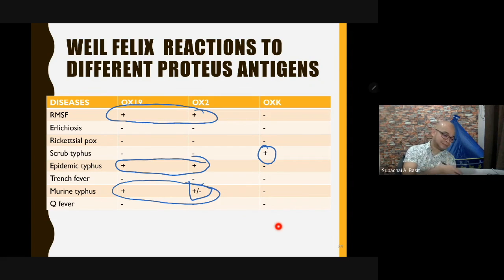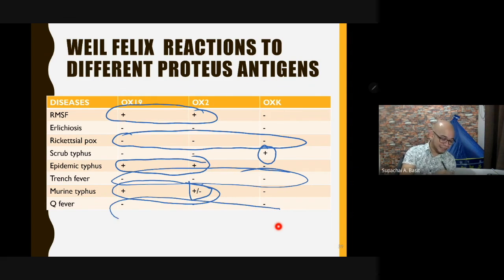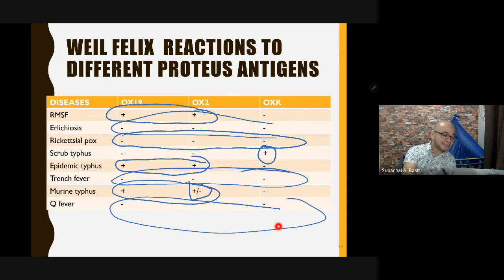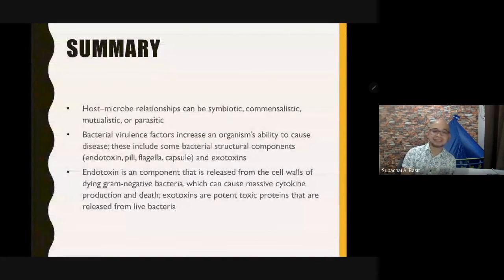And it's not sensitive because it cannot detect rickettsialpox. It cannot detect trench fever. It cannot detect Q fever. It cannot detect ehrlichiosis. So that's the reason why it is not specific and it's not sensitive. That's the reason why nowadays, in the laboratory, it is much better to use indirect fluorescent assay for the detection of rickettsial infections. So that's the end of our topic for the